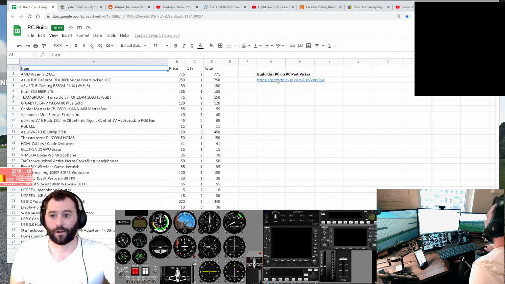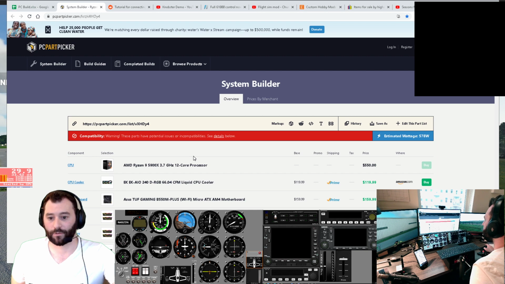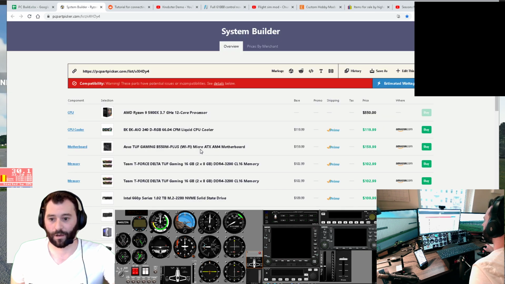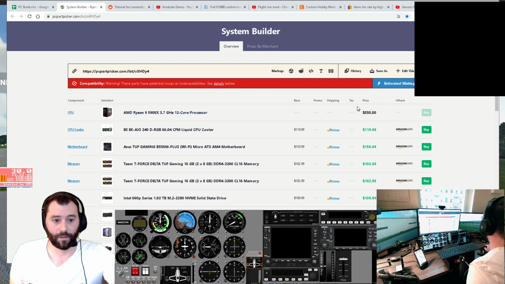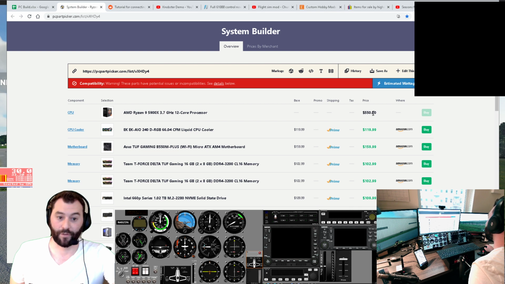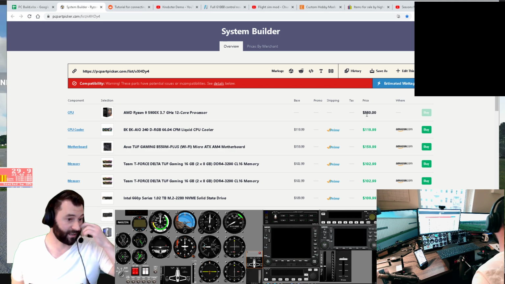So the first link here, I have it pulled up already, is our PC part picker. That talks through everything that we have on the PC itself. So we have a Ryzen 9 5900X. That's selling for $550 retail. I paid $750 for it because you can't get computer parts these days. And to me, the extra $200 was worth it to see if I could get